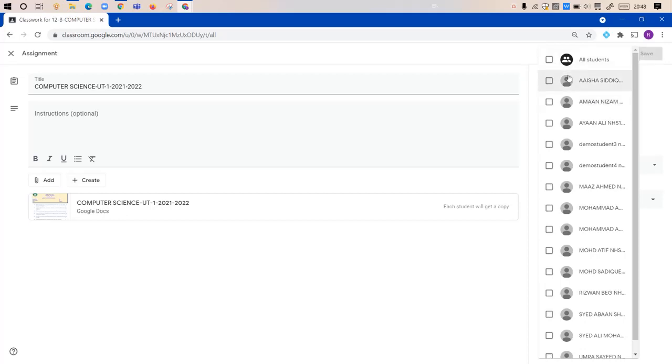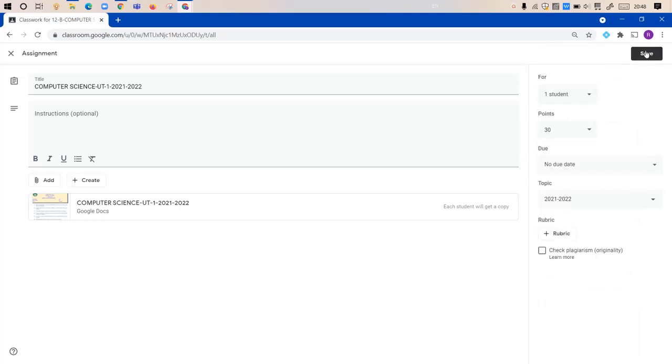We are going to uncheck this all students. Once we have unchecked, select the demo student that you have just added. Once you add the demo student, come back and click on the save button. Save this assignment.